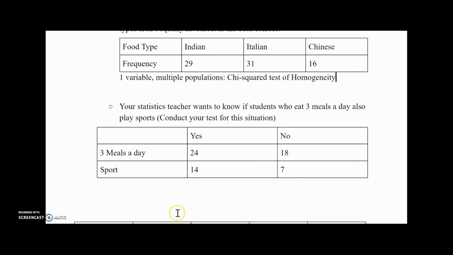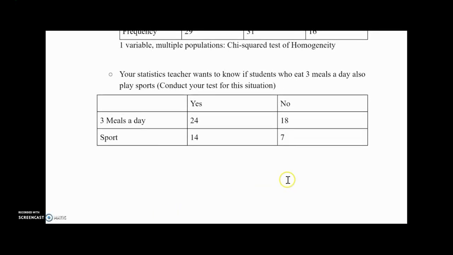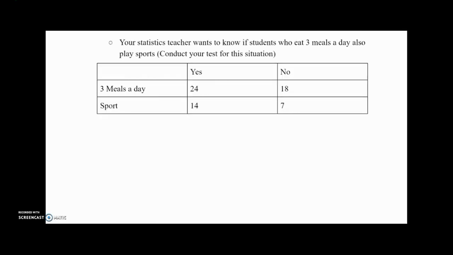Next, the statistics teacher wants to know if students who eat 3 meals a day also play sports. Sorry, the question was fine as it is. I just read it wrong. This is very important to note because it is looking at how many variables there are. There are two variables, and it's still one population. And we're checking if students who eat 3 meals a day also play sports. So the keyword "also" lets you know that it is a